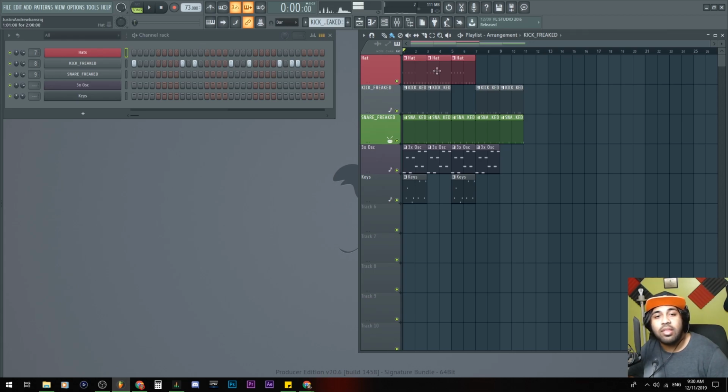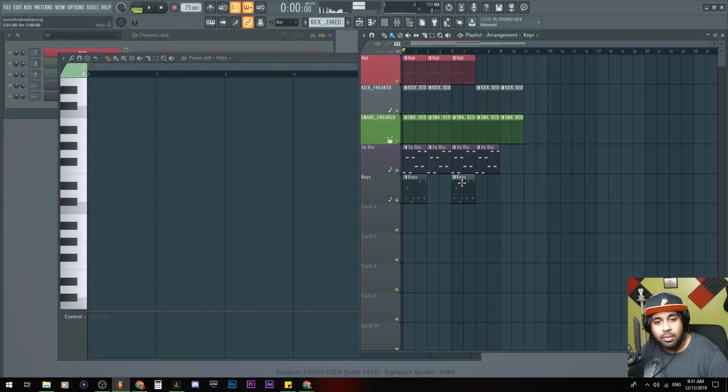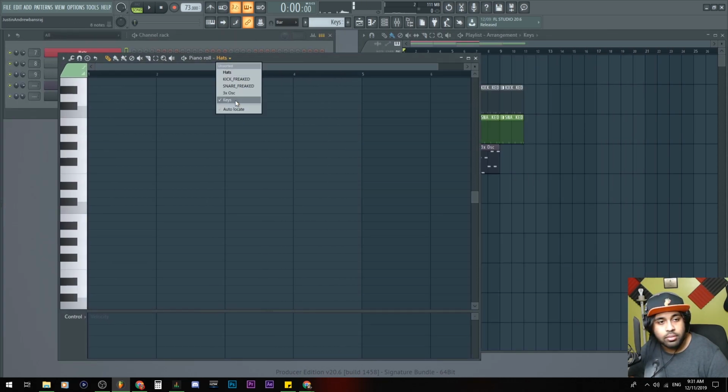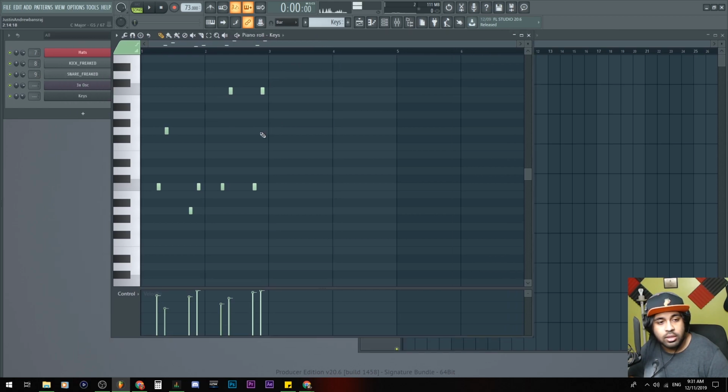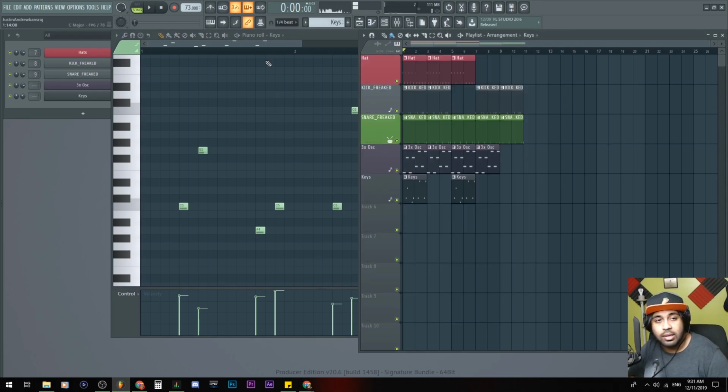That's basically the piano roll. I almost forgot what I talked about today. The piano roll for adding melodies. So if I go here and go to keys right there, you can see the piano roll melody stuff. Put a 1/4 of a beat. We learned that, as well as we learned the playlist.